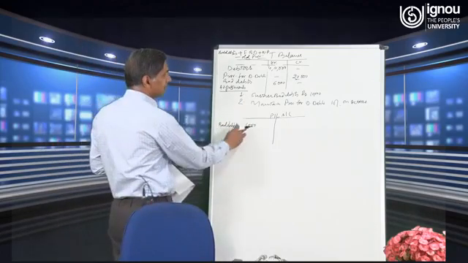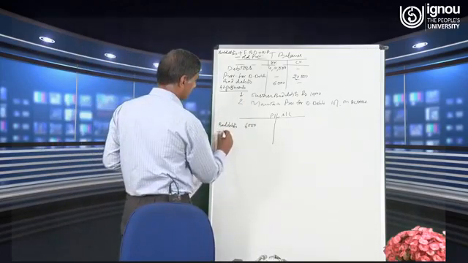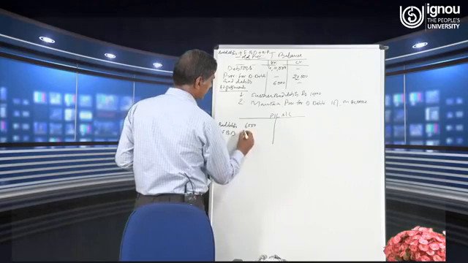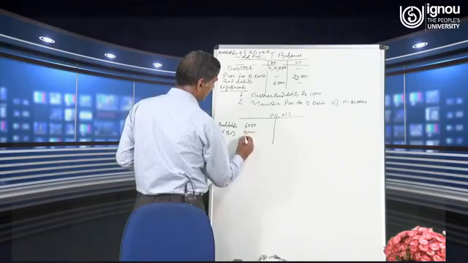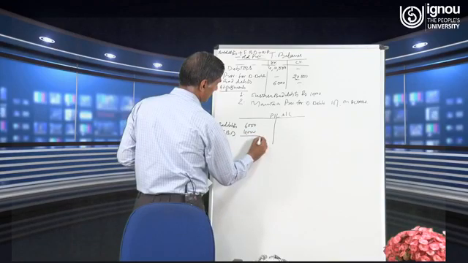So bad debts is 6,000 plus further bad debts are rupees 10,000 plus new provision. So new provision we have to maintain at the rate of 10%. So here one